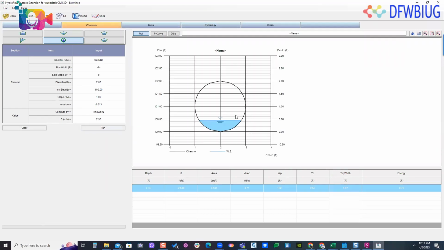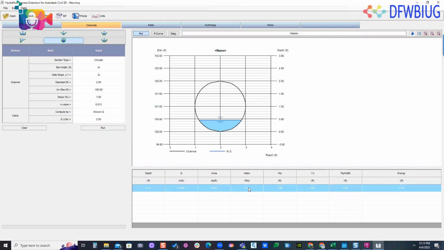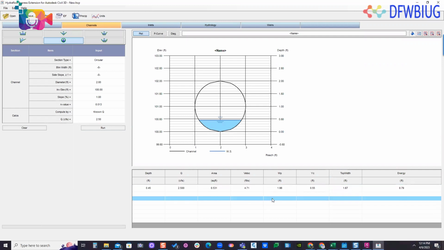And hit run. And here we go. Now this is telling me the water flow is 0.45 inches. The Q is 2.5. The velocity, which is what you want to look at, is 4.71 feet per second. Okay. And so if this was outfalling into a grass area, you would probably want to put some riprap down,